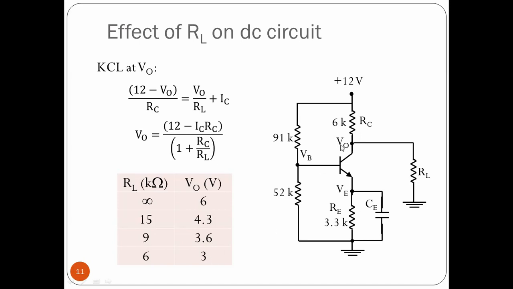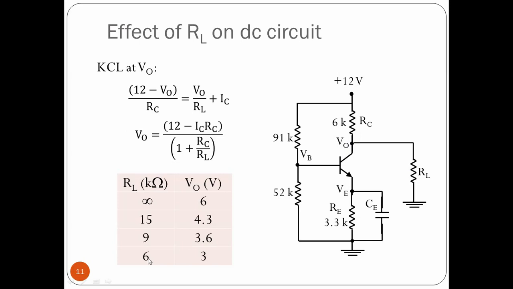Assume that this is 3 volts, and we didn't think far enough. But then we say, well, if the VE is 3.3 and VO is 3, that means that the current must flow up in the bipolar transistor. Can that happen? It's an interesting question. So this is an important homework I'm leaving you with, to solve for this entire circuit. No longer just one equation to find VO, but we have to solve the entire circuit for the case where RL is, let us say, 6 kilo ohms or less.